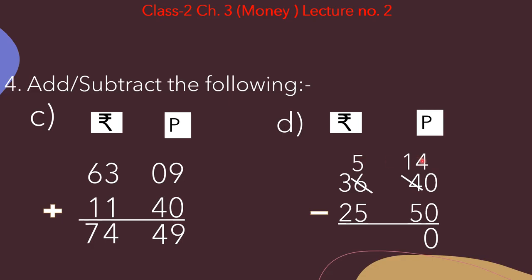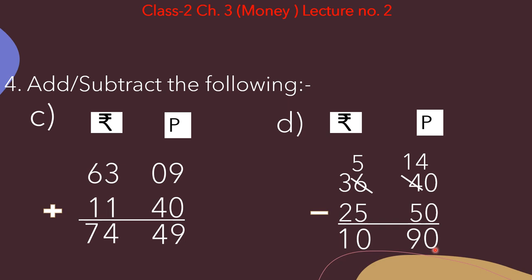Okay, now keep 14 in your mind and 5 on your fingers. Now we have to speak backward counting. 13, 12, 11, 10, 9. So here we will write 9. Now 5 minus 5, that is equal to 0. 3 minus 2, that is equal to 1. So what is the answer beta? That is 10 rupees and 90 paise.